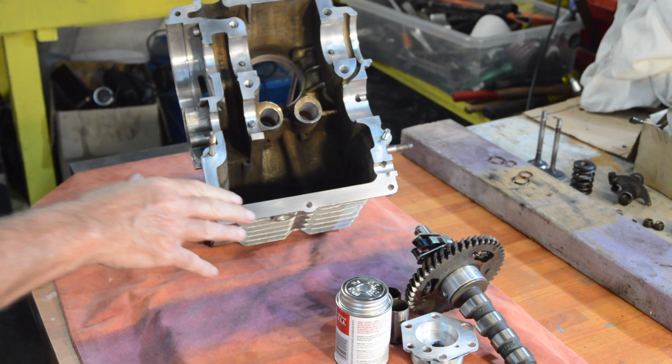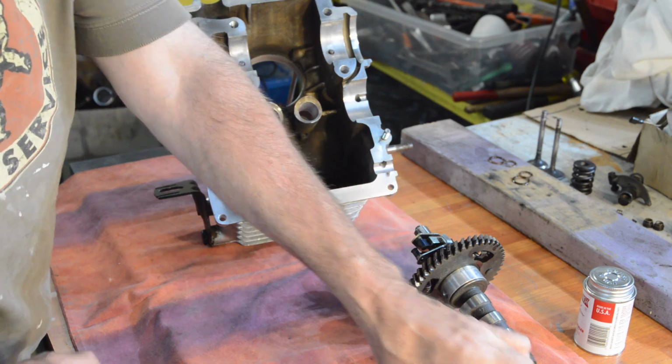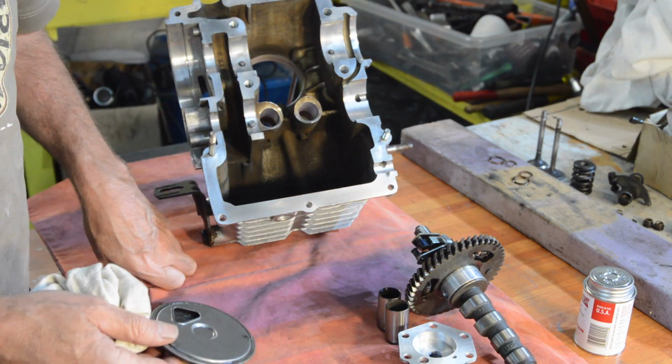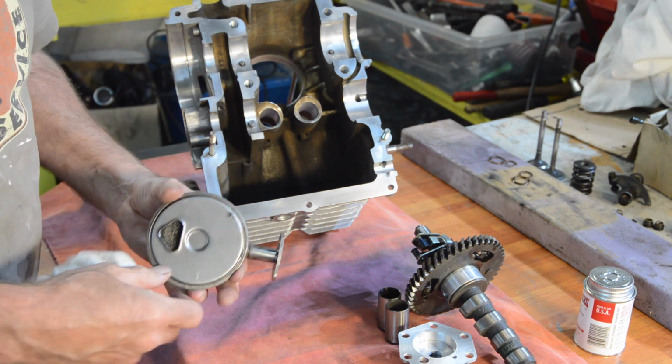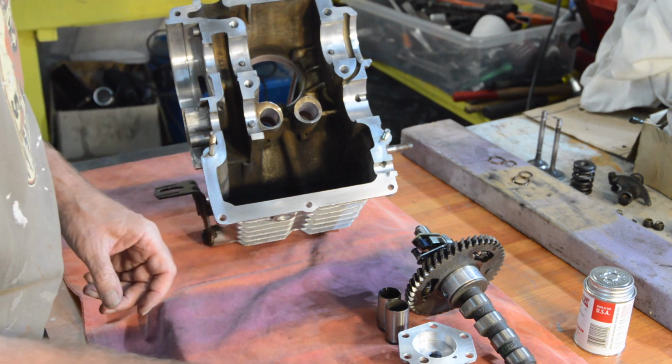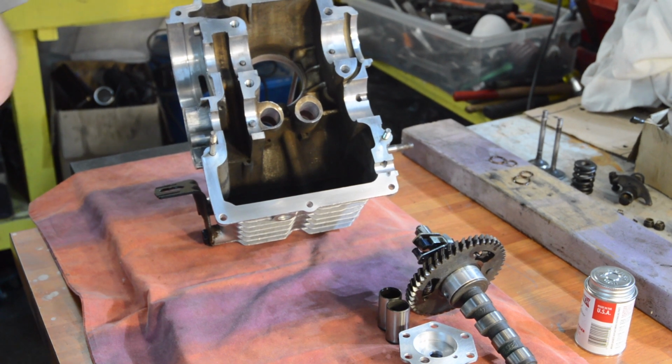So I think that's it for the bottom end. We should be moving on to assembly in a minute as far as the video goes, but probably a couple of days in real life because I'm still waiting for that stupid seal. So while we're here,